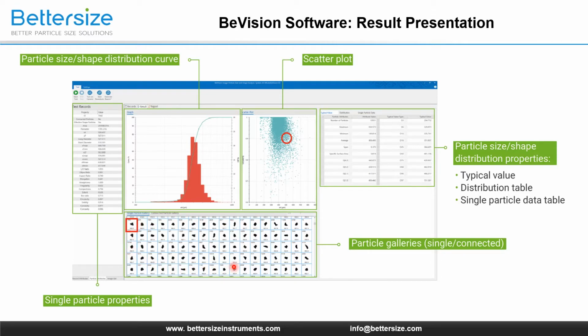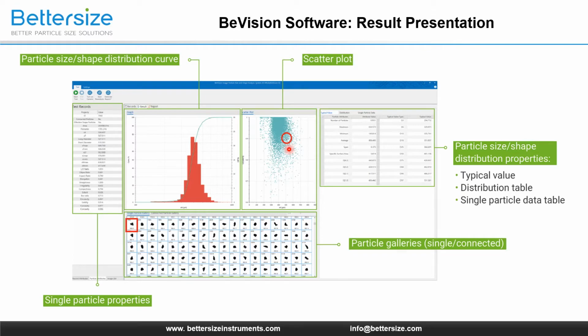Here, we got two galleries, the single particle gallery and the one for connected particles. If we select some particles from the gallery, we will find the corresponding point in the scatter plot is highlighted. Here, we select the number 7042 particle and there is a highlighted dot here in the red circle.